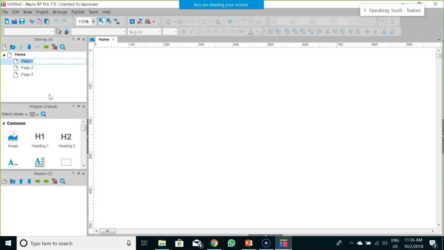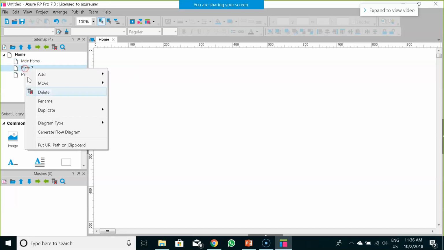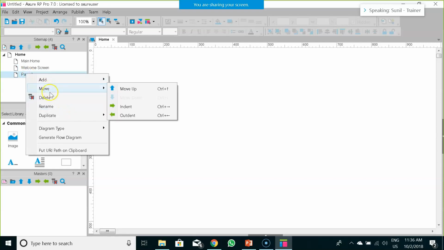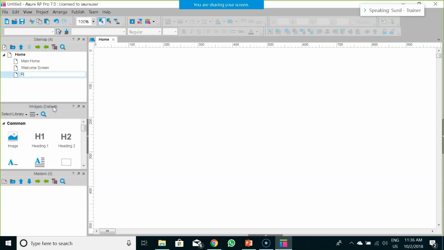We would first name it as home screen. Then the other screen was welcome screen. Then the other screen was registration and login screen.